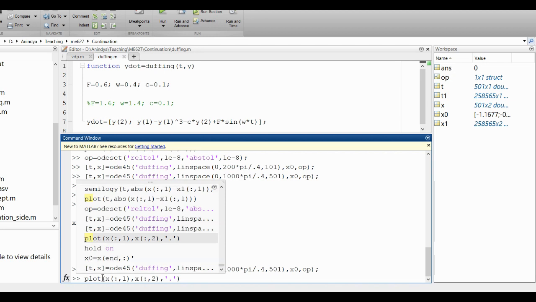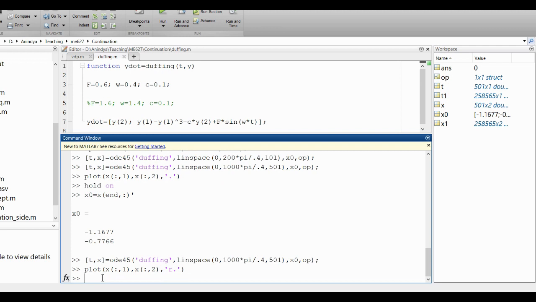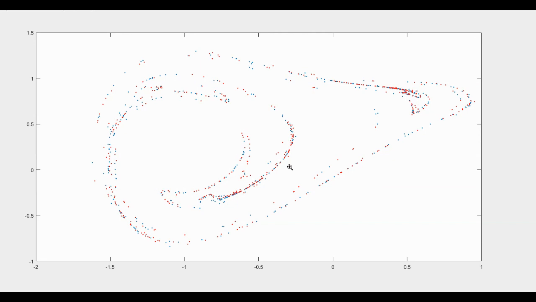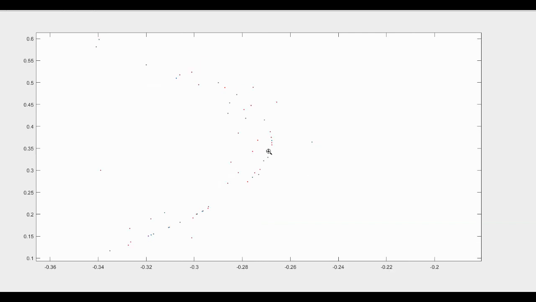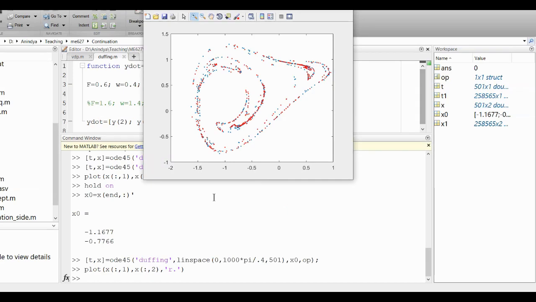I can plot these with red, and then you can see that the red and the blue are perfectly mixed, right? The statistical properties of these points are really the same, and you can see there are lines here, there are lines here that they are following. It turns around here, and let me